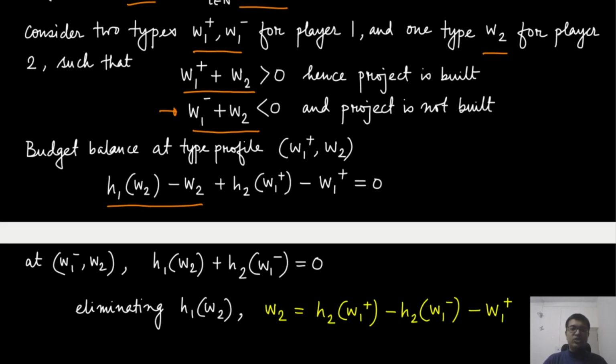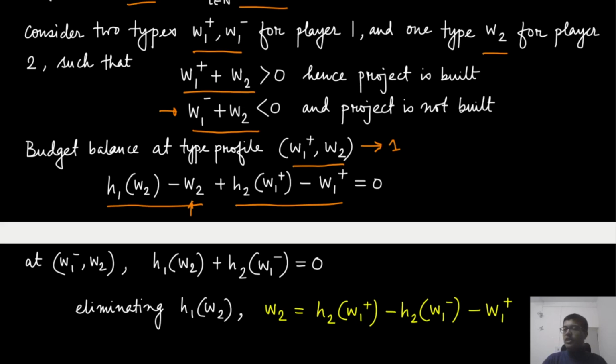And since there are only 2 players here, this is just going to be w2. So notice that in w1 plus, w2, in this type profile, the outcome is 1. That is, the project is going to get built. Similarly, you can find the payment for player 2, which will be this,